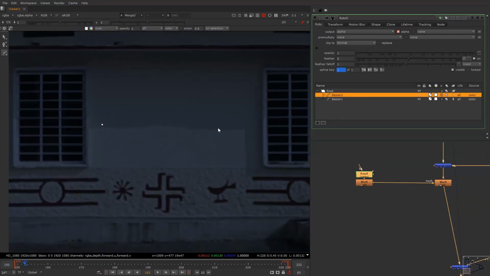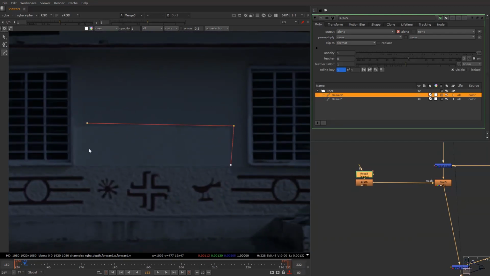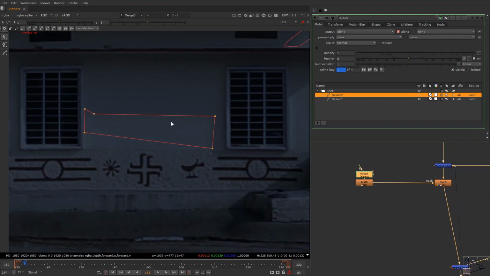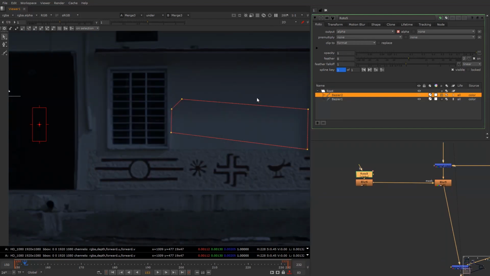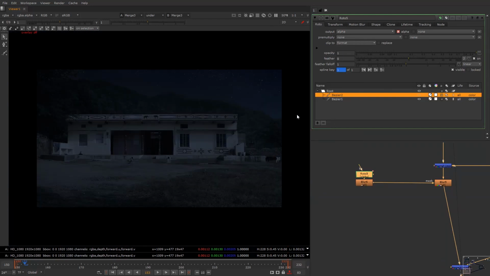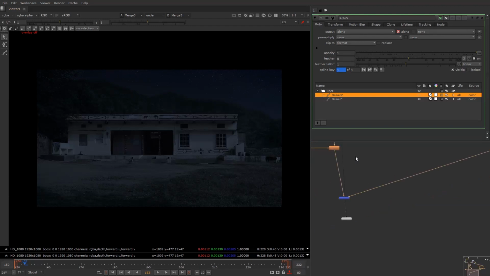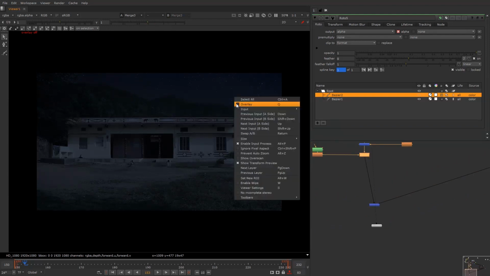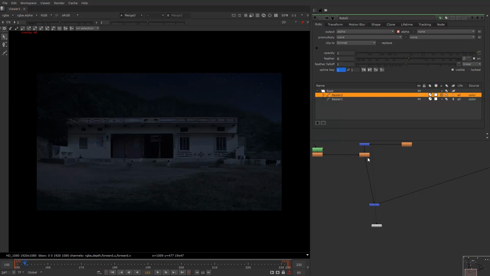Okay, let's do this one as well. Try to remove as much shadow as possible. I do believe it might get difficult for certain shadows to be removed, but